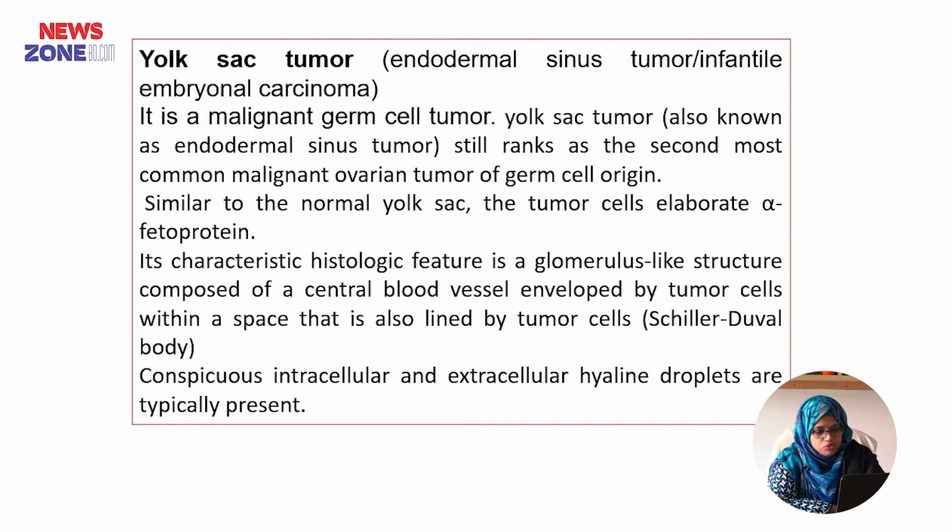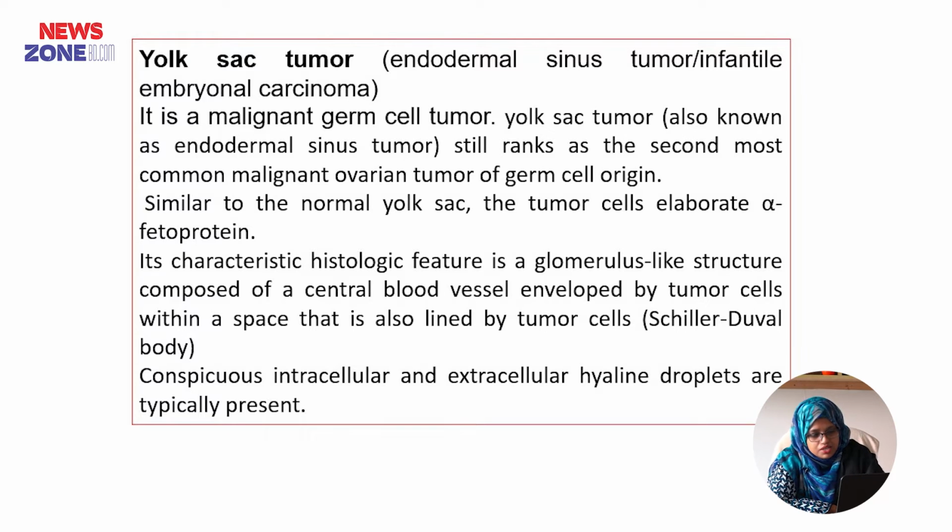Then what is yolk-sac tumor? It is a malignant germ cell tumor, also known as endodermal sinus tumor, and it still ranks as the second most common malignant ovarian tumor of germ cell origin. Like the normal yolk-sac, in yolk-sac tumor the tumor cells also elaborate alpha-fetoprotein,